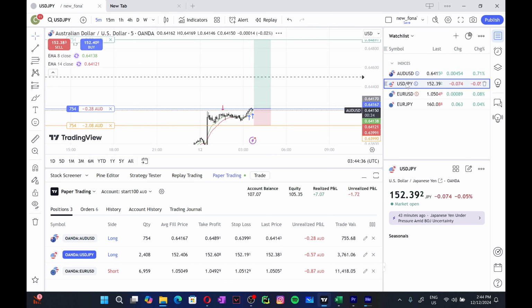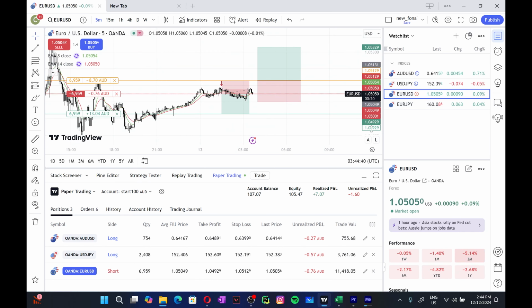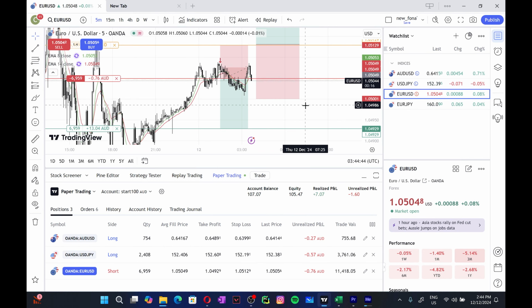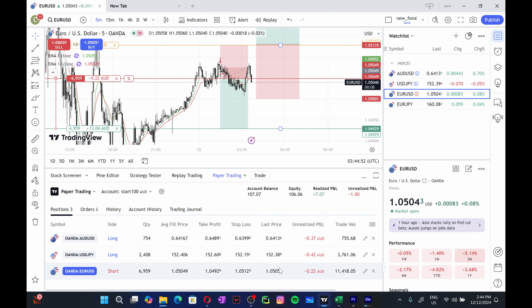Okay, so our USD/JPY also has our long position intact, and we have our EUR/USD, which I don't know what's going to happen. I don't even know if the market's going to go all the way down. You see, this has gone into a profit. So yeah, that's two more trades on off the bat. Well, hopefully it's going to go out well. Let's just wait and watch what's going to happen.